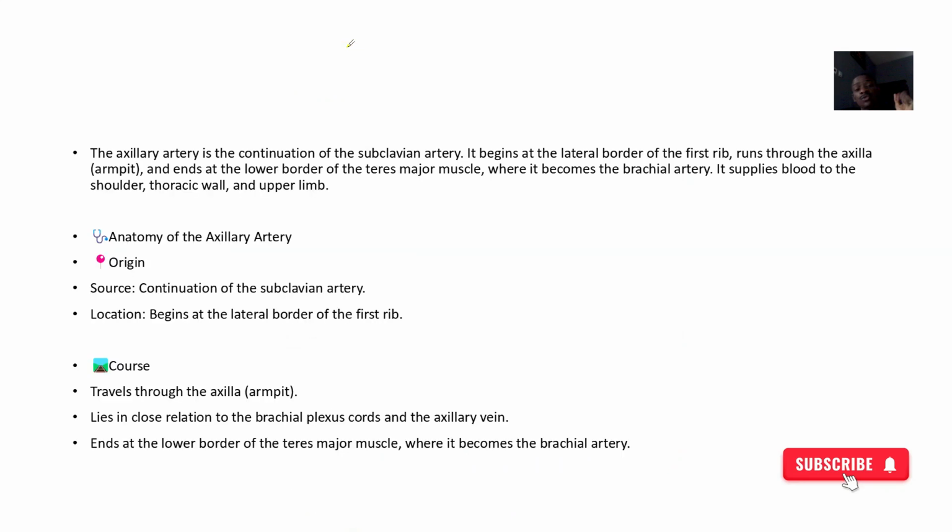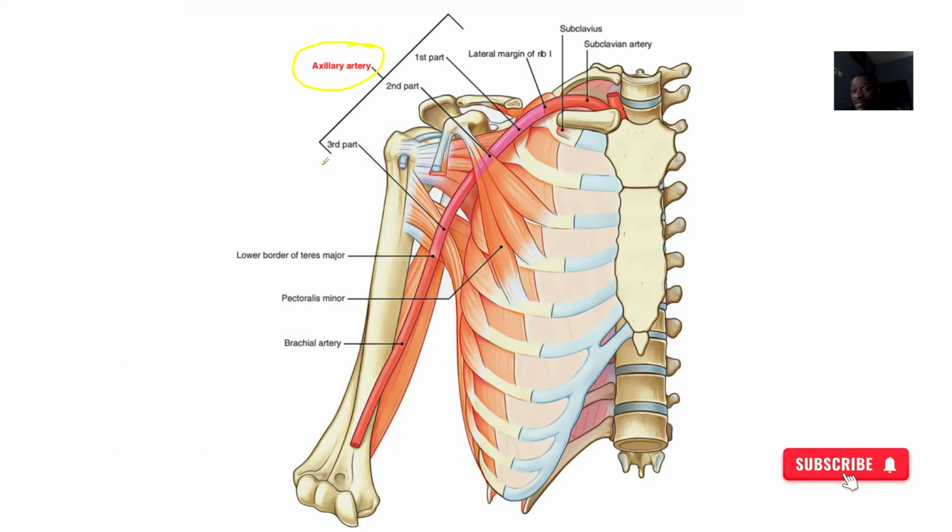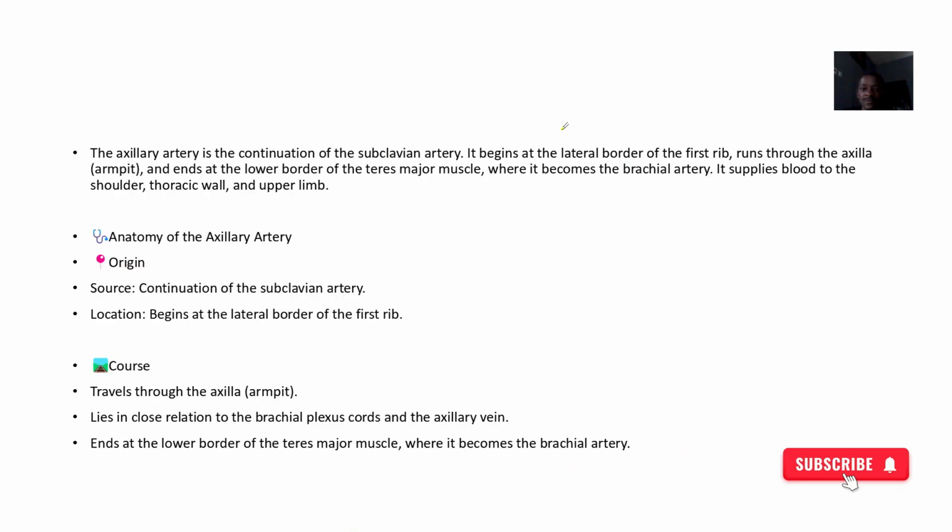Okay, so the axillary artery, just so you know, is a continuation of the subclavian artery. You can see on this picture, first of all, you have the subclavian artery, then under the clavicle it becomes the axillary artery. It's still the same artery, but as it passes different parts of the body, the name changes. Okay, so it begins at the lateral border of the first rib, runs through the axilla,